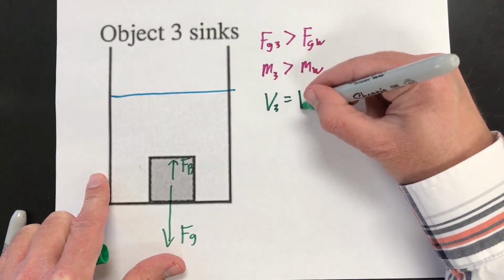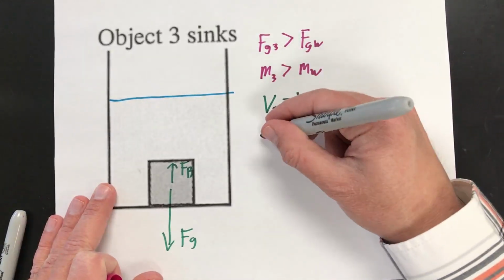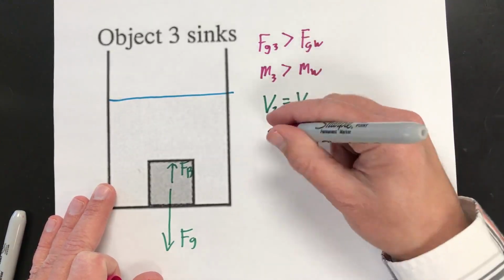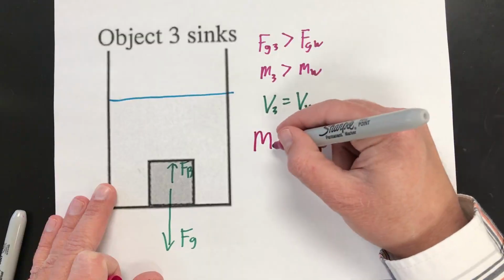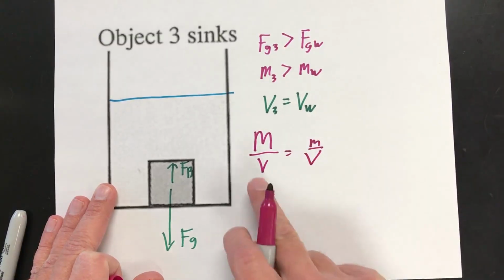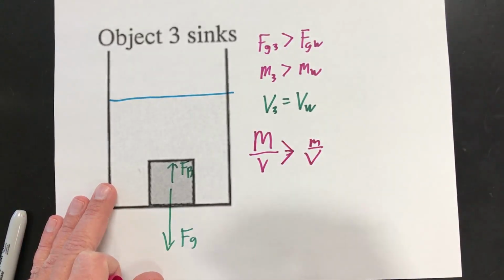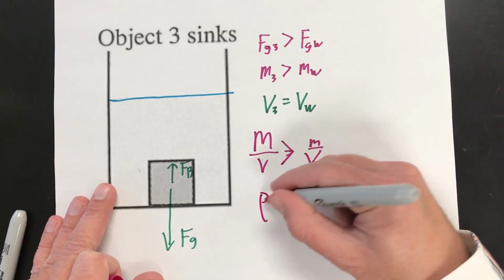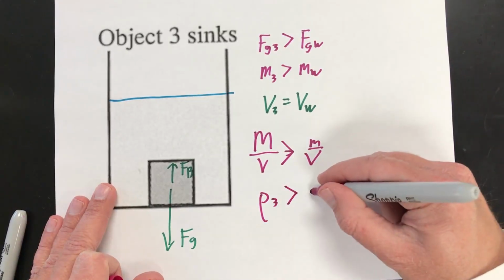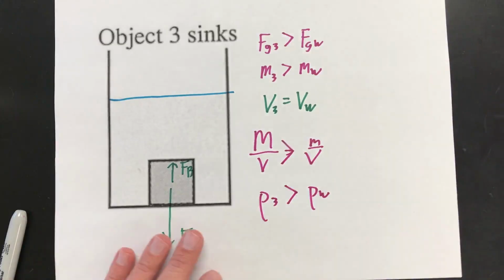So the volume of object 3 is equal to the volume of the water that it pushed out of the way. And so then finally, we'll put these all together. Remember, density is mass over volume. Since the object had a big mass over an equal volume, this will be a bigger number overall. Sorry, there should be a greater than sign there. And so the density of object 3 is greater than the density of water. All right,